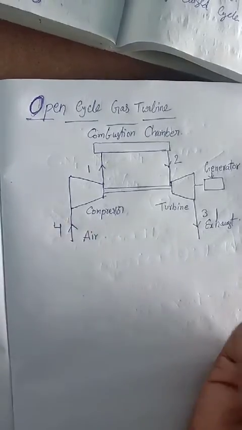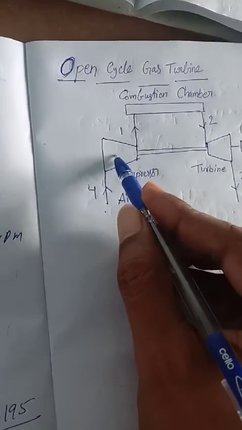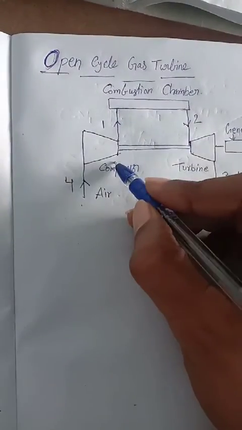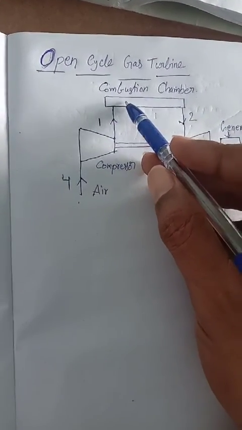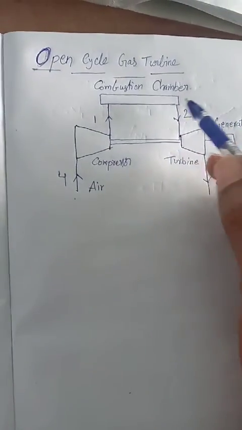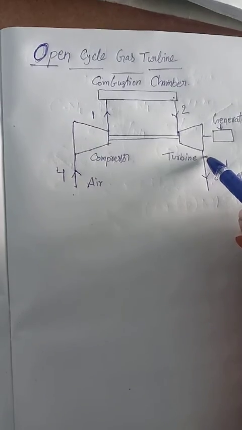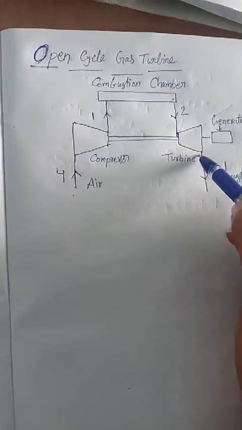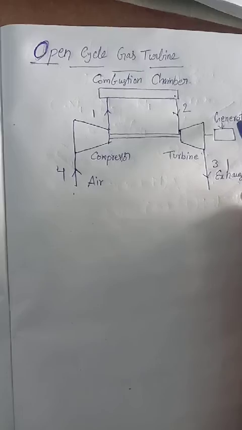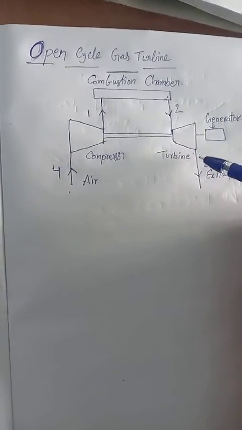So this is 4. From the atmosphere we take fresh air inside the compressor, and then it is sent from the compressor to the combustion chamber. Then the air combustion takes place here, and then 2 to 3 goes to the turbine. Then the turbine's vanes rotate and the generator will run. After that the combustion gas will go to the atmosphere from the exhaust. Okay,